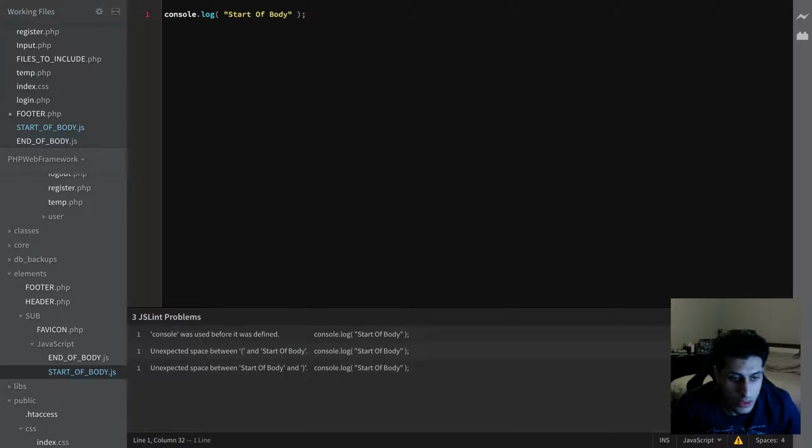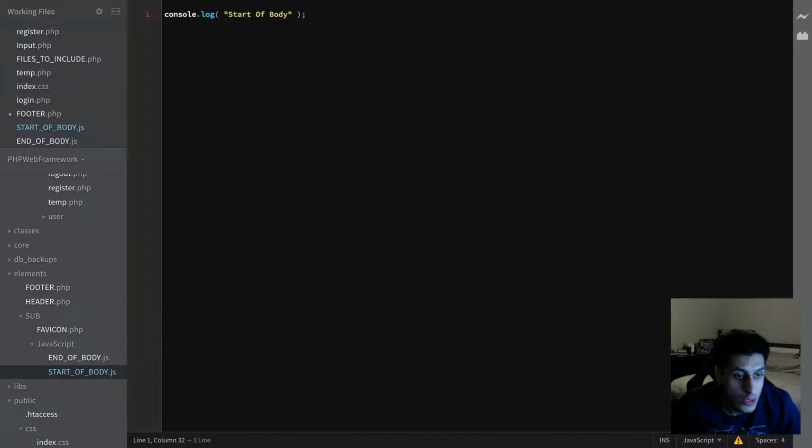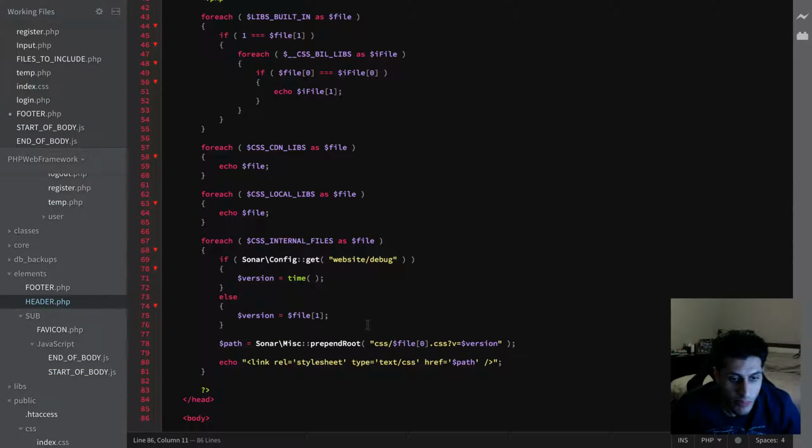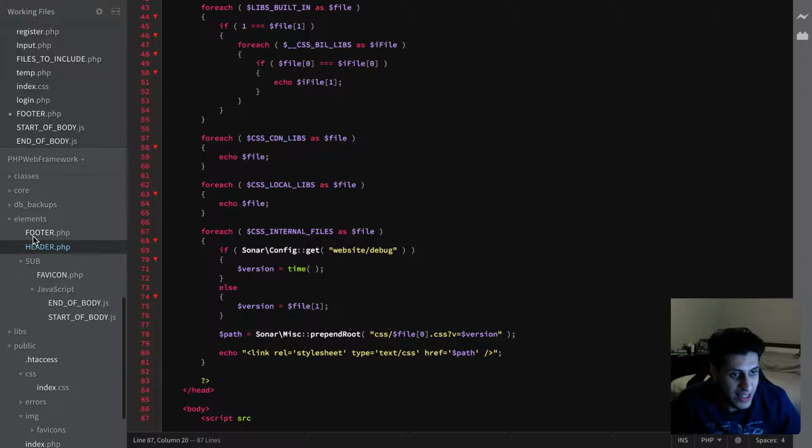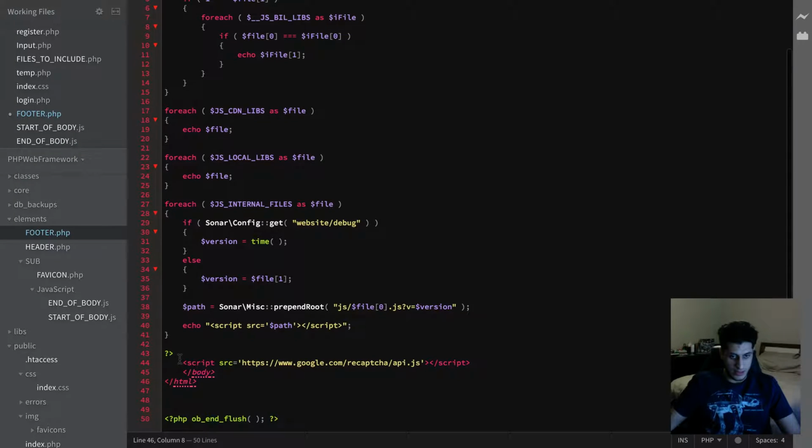So if I were to now go to the header, and if I go to here, I do script. I always forget what it is. The src. I can never remember. I will just copy and paste. Okay, so that's all it is. So $path. Okay, I know what to do here. So if I do